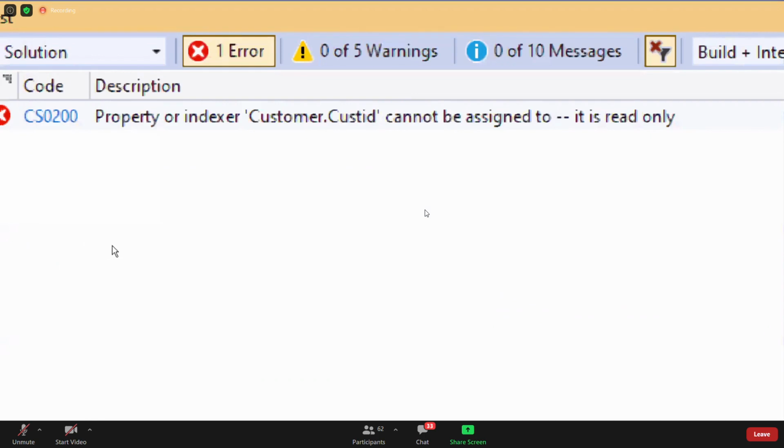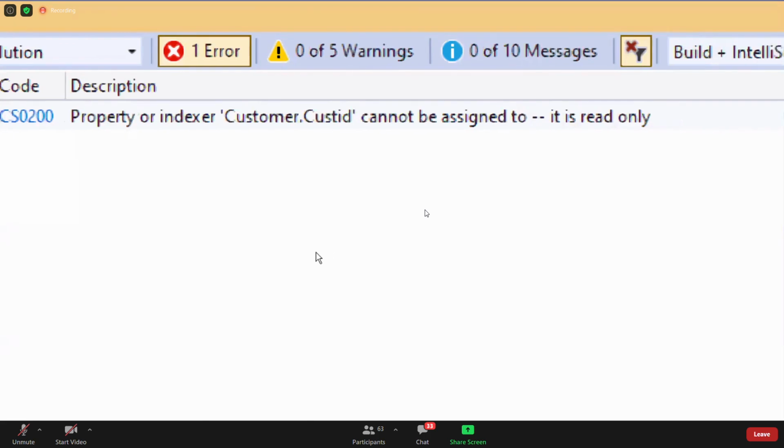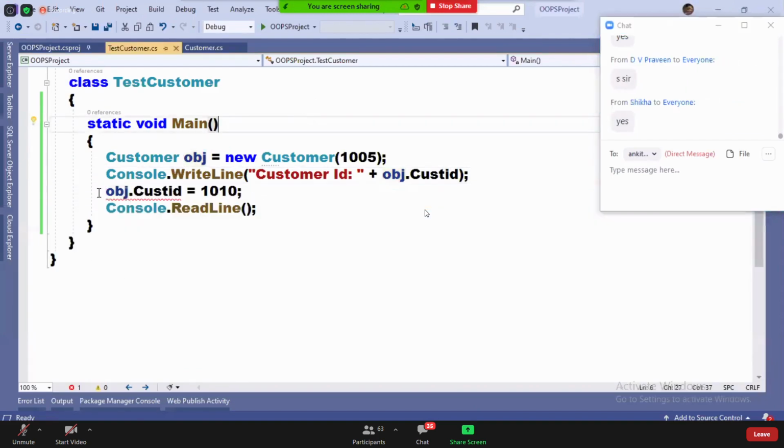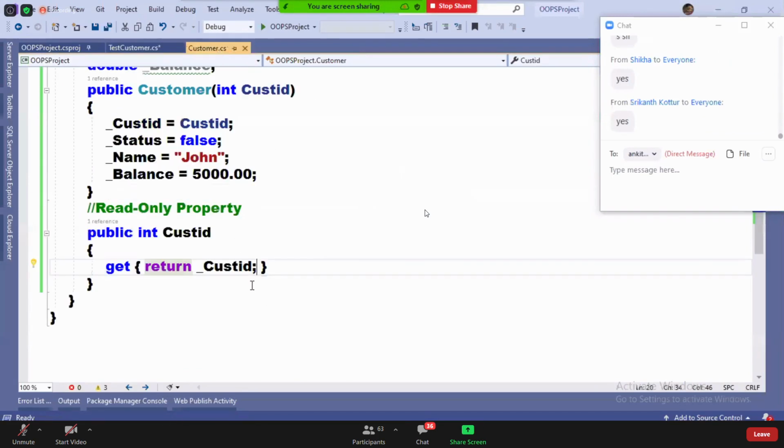Property or indexer. Ignore the indexer; indexer is our next topic. Property or indexer Customer.CustomerID cannot be assigned to. It is read only. Are you clear, guys? That is read only, so assignment cannot be done, because we defined a read-only property.